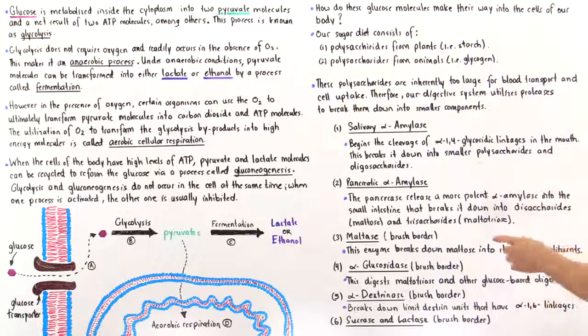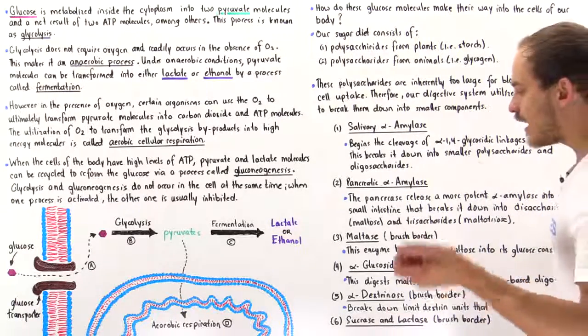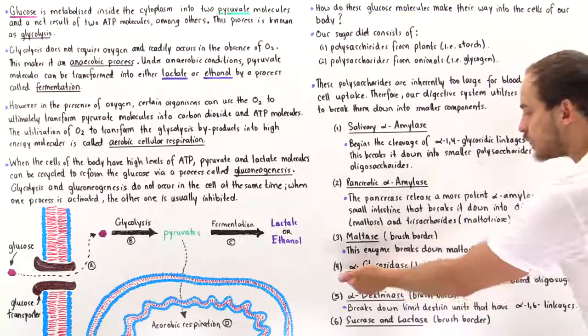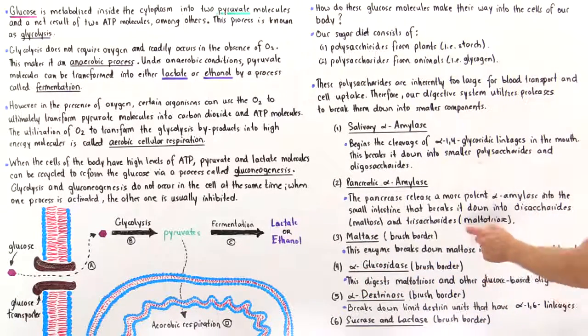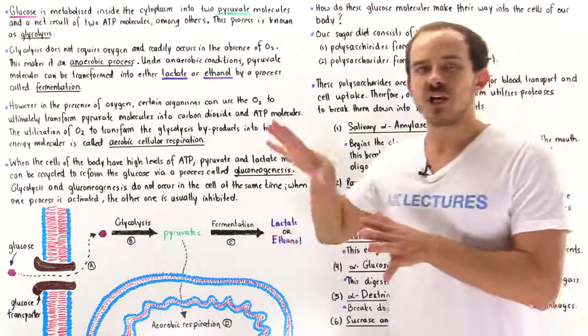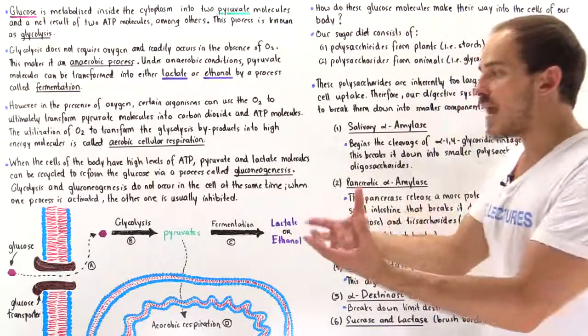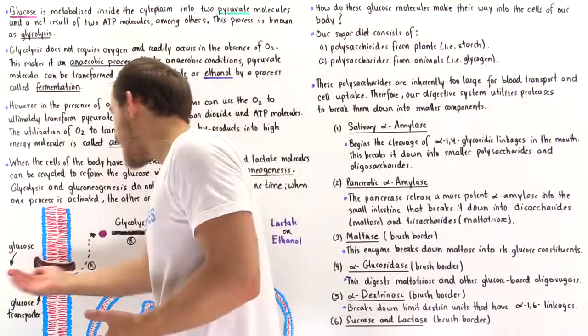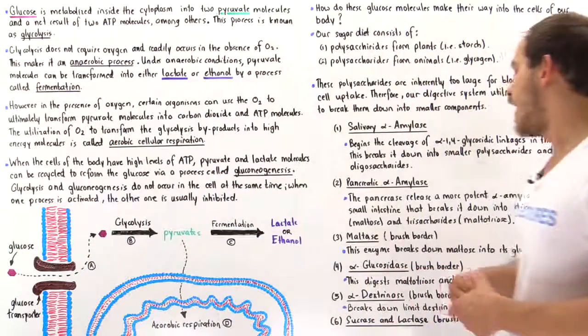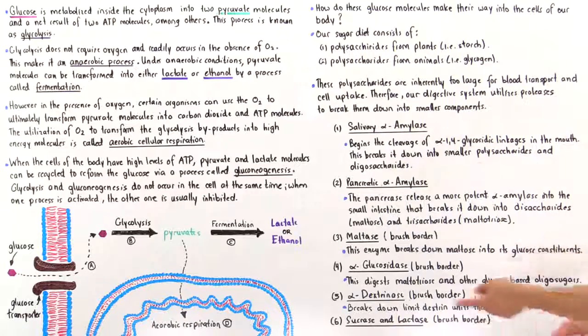Now, we also mentioned the maltotriose. And we have another type of enzyme, a different enzyme known as alpha glucosidase, that basically breaks down the maltotriose into the 3 constituent glucose molecules, and only then can the glucose molecules make their way into the cells of our body. Then we also have alpha